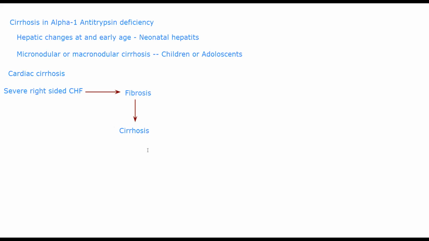The patient will present with hepatomegaly, slight right upper quadrant pain, and they will have cardiac problems. So they will show symptoms of congestive heart failure. They'll have angina, hypertension, things like that. You will have pulmonary hypertension. They might have pulmonary effusions, things like that. Those are the symptoms of your congestive heart failure. You already know what is congestive heart failure. Along with that, when you see liver problems, you can guess that it is cardiac cirrhosis.